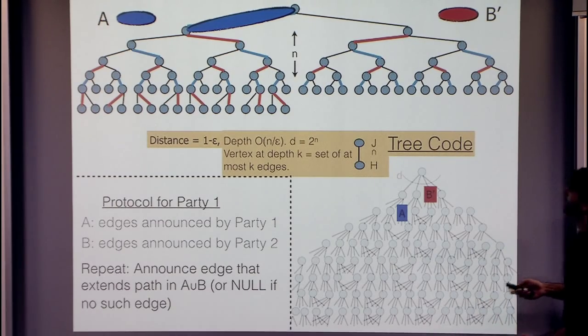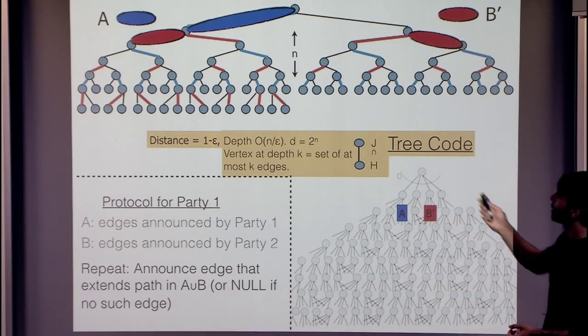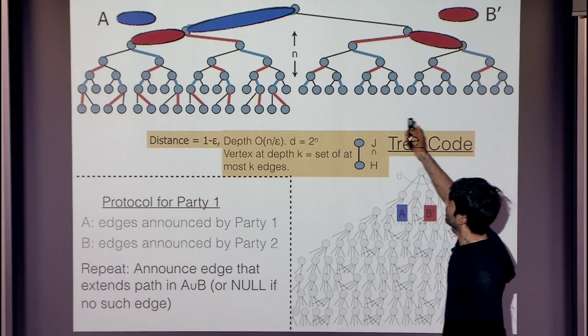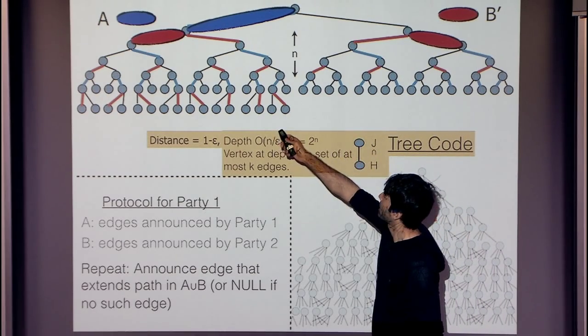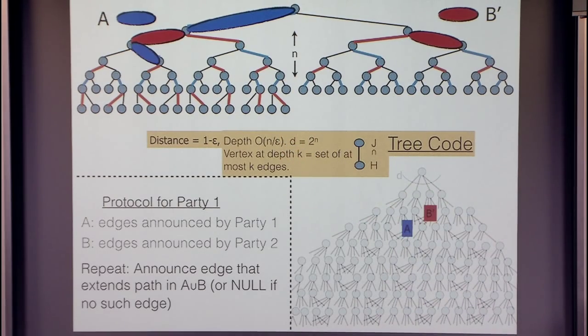Okay. And then the second party responds with something, which now the first party maybe decodes to this set of edges. It might decode to something that's completely inconsistent with what he knew before. But that's fine, he just continues greedily. So now he sees some other edge on that side, he just ignores it. But he does see two edges here, which he can extend. So he announces this edge. Okay. And then the second party responds with something which might again radically change the set of red edges from the first party's perspective. So now the first party will announce this edge,